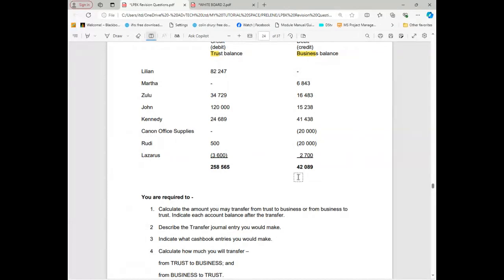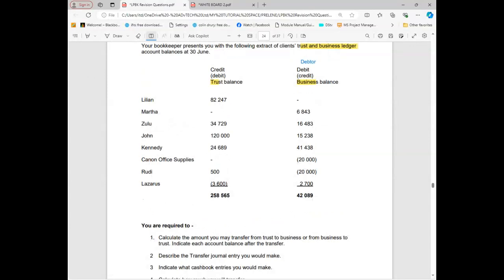Let's look at Zulu. Big Zulu. Okay? Yes. Tell me about Big Zulu, man. Just teach me on the Zulu. So Zulu has a favorable balance on the trust credit side. 34729 is the amount of the favorable balance. Then on the debit side, there is an amount of 16483 in business. Yes. So if we had to make a transfer here, then we can only transfer